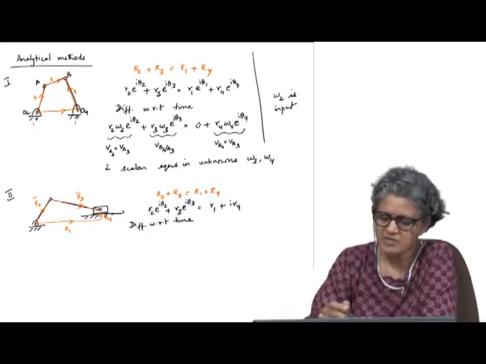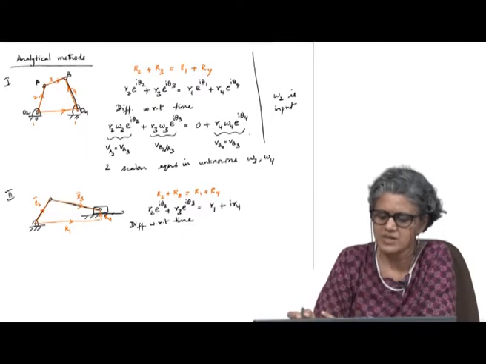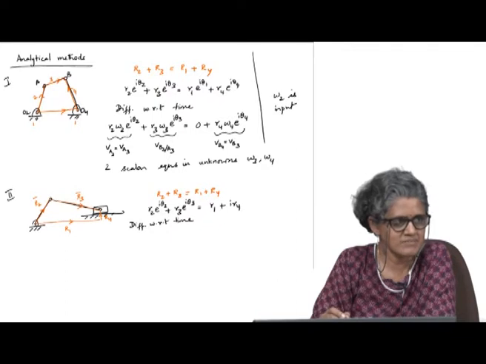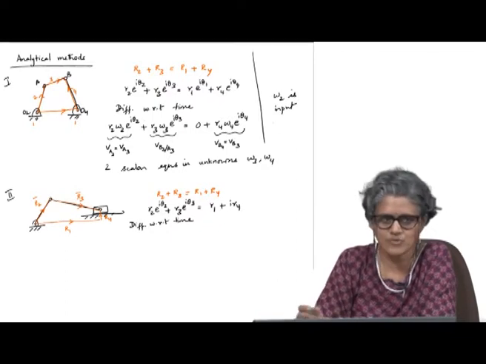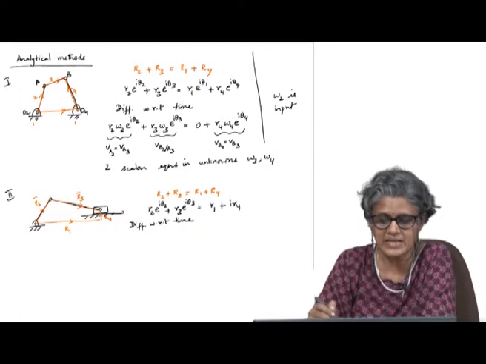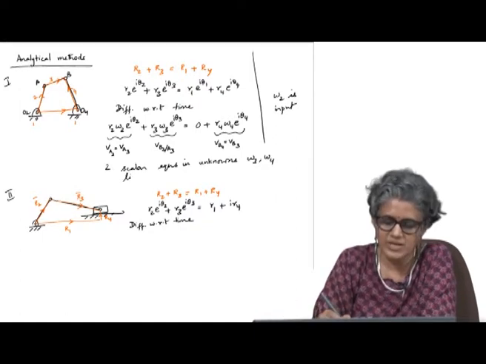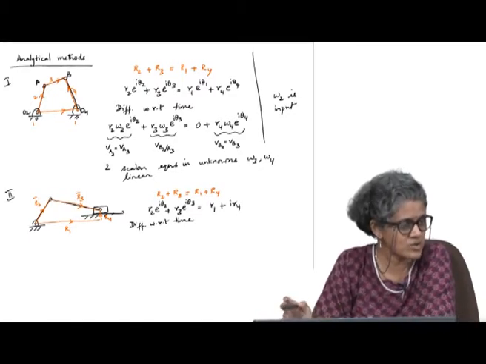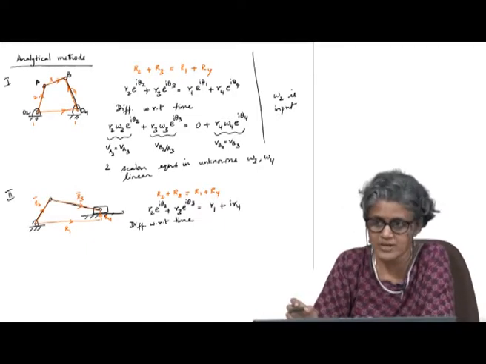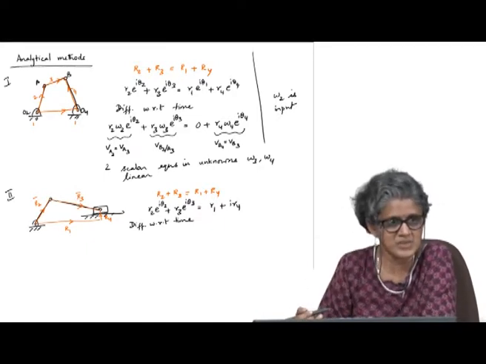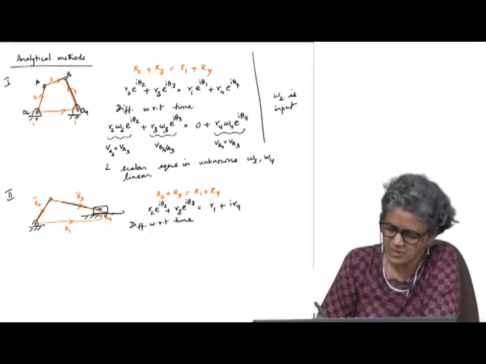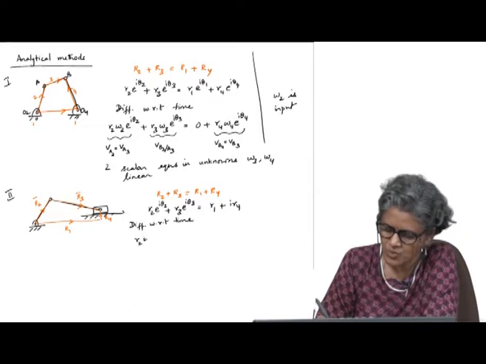the nice thing about the velocity equations, if you look here even for the 4 bar, is that because the position analysis is done, the theta 2, theta 3, theta 4 are all known. These are 2 linear equations in unknowns omega 3, omega 4. So, velocity analysis is easy to do, because even when the position equations are non-linear, the velocity equations become linear. Okay, so, here now when we differentiate with respect to time, I have R2 omega 2